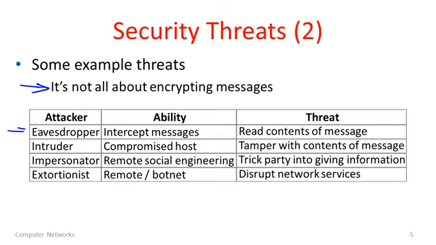That's really this threat here. The threat is given over here in this column. The threat is that someone else will read the contents of your messages. Really, the attacker here is an eavesdropper. So the first threat that's listed here in this model is that an eavesdropper will be able to read the contents of our messages. And the ability they have to do that is simply to intercept messages. Exactly how they do this, we don't know, but we assume that they have this ability. So they're out there somehow able to tap into the network, really just to listen to what's going on.